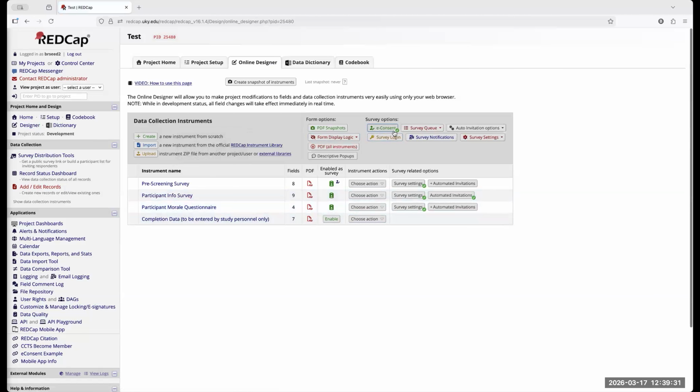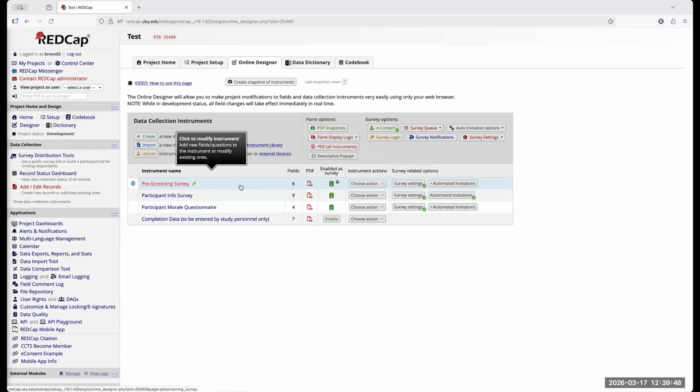So that is how you do an e-consent. Now we have a little check mark. We know that, okay, we've got a live e-consent going. And then you also get what looks like a little person here, letting you know that there's an e-consent on this actual survey. So that's pretty much e-consents in a quick nutshell, I guess you would say.